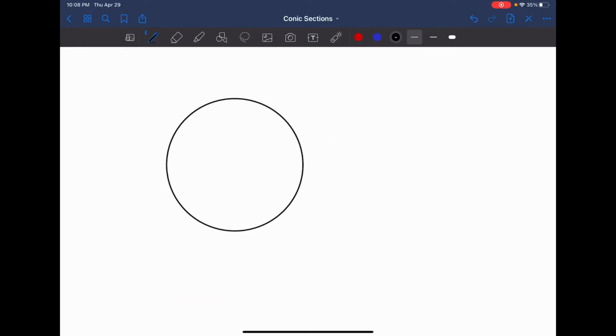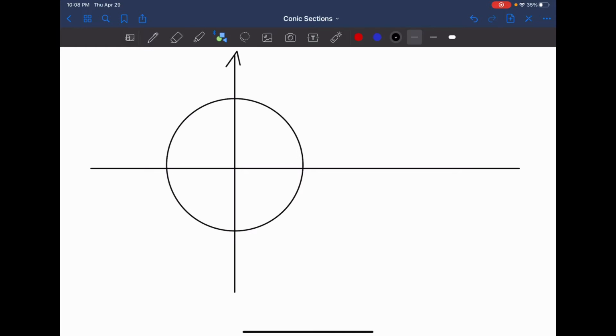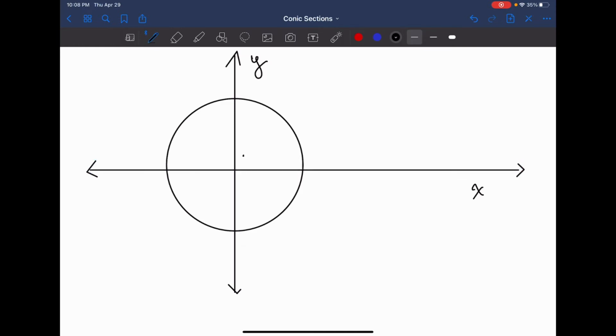So this is the basic circle. Let's draw an axis of it. That would be a basic axis. This would be the x-axis. This will be the y-axis. And let's assume that the center of the circle would be equal to 0, 0, so that we can do the translation part later,